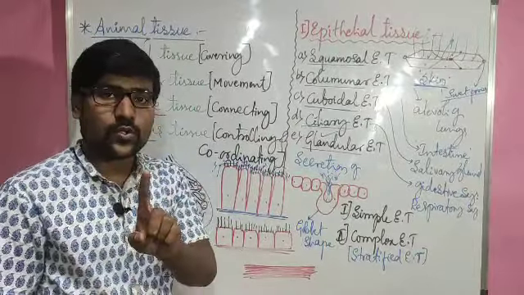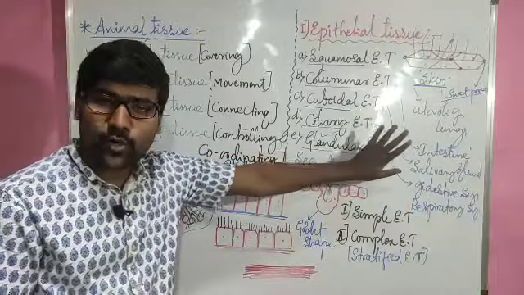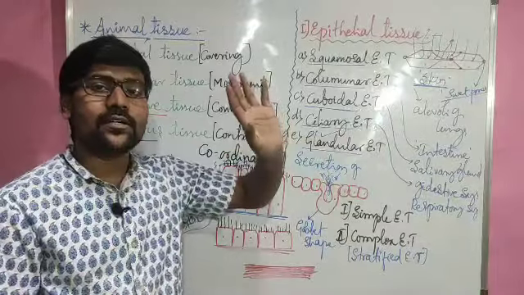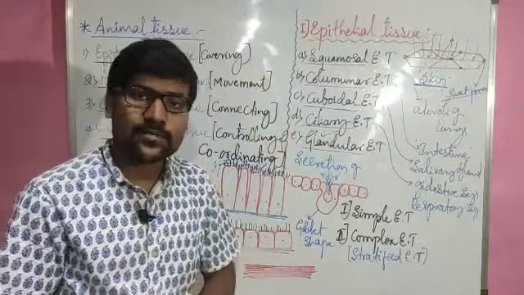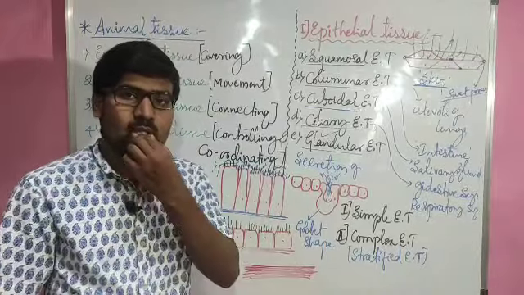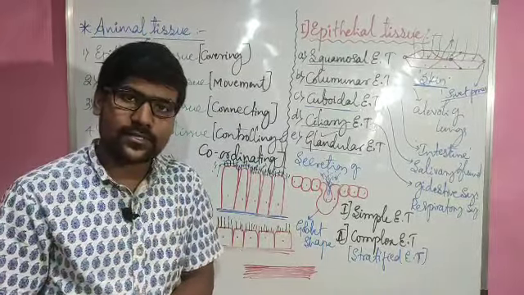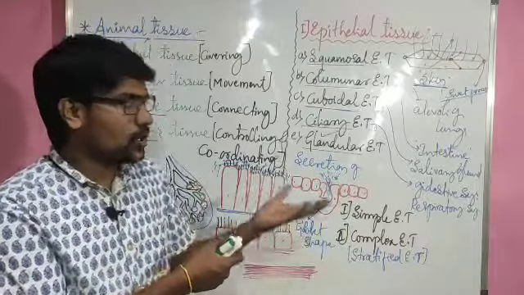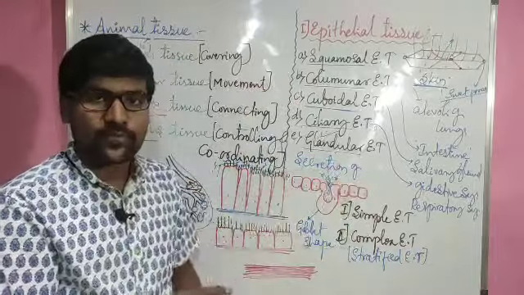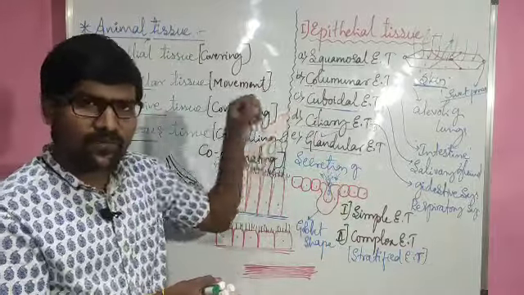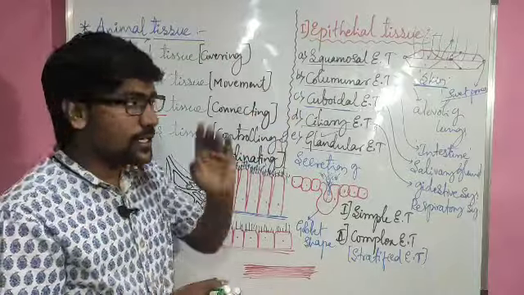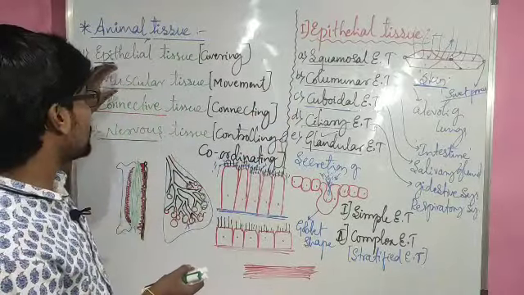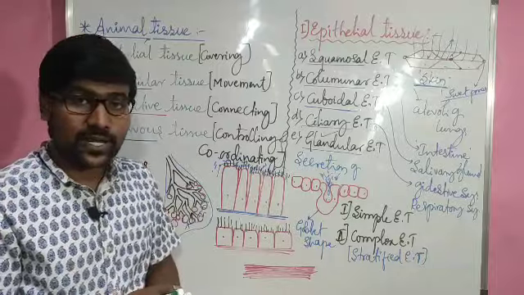And once again I am telling you, the animal tissue related concepts you are going to see thoroughly in our first PU syllabus, and the chapter is Structural Organisation in Animals. There you are going to see all the tissues thoroughly. So here I am giving just a brief introduction to the tissues. In the next class, let us observe the remaining 3 tissues, right?